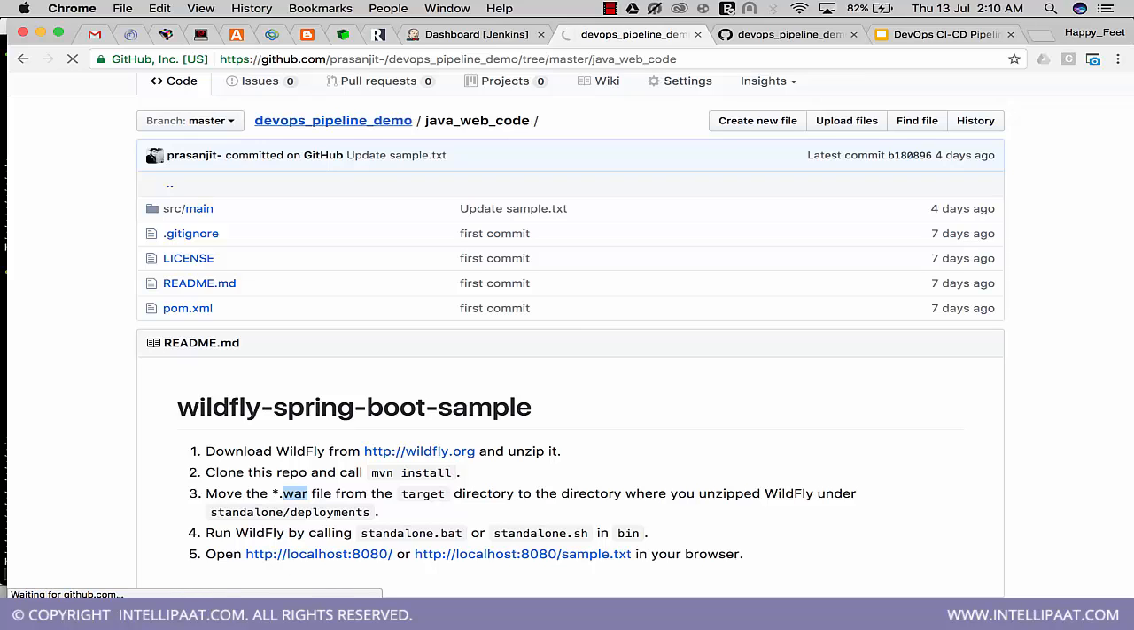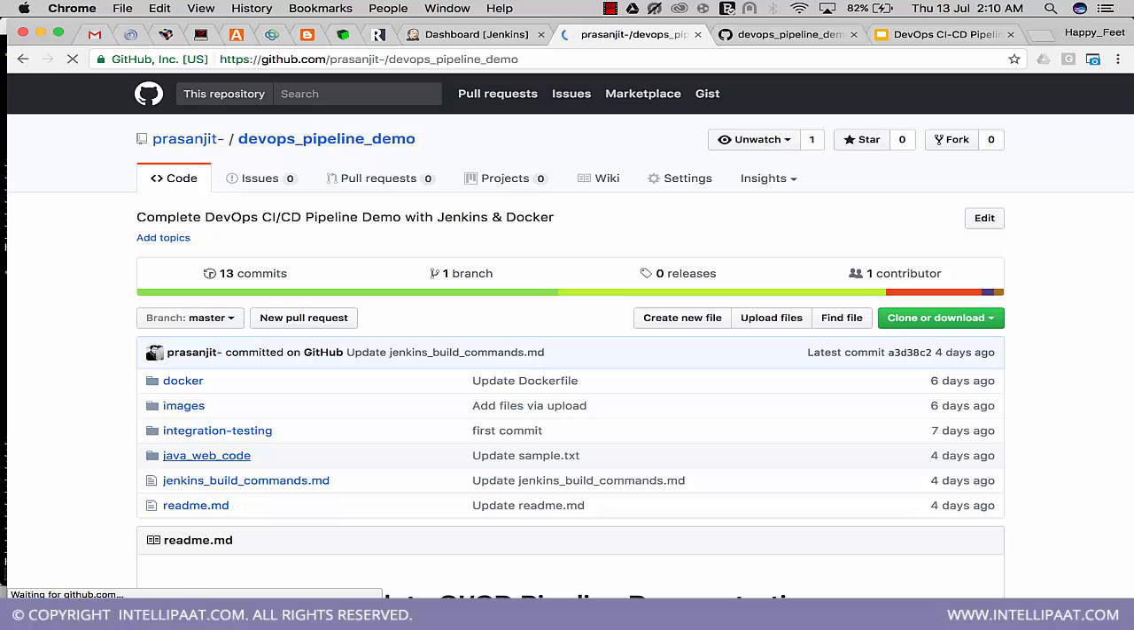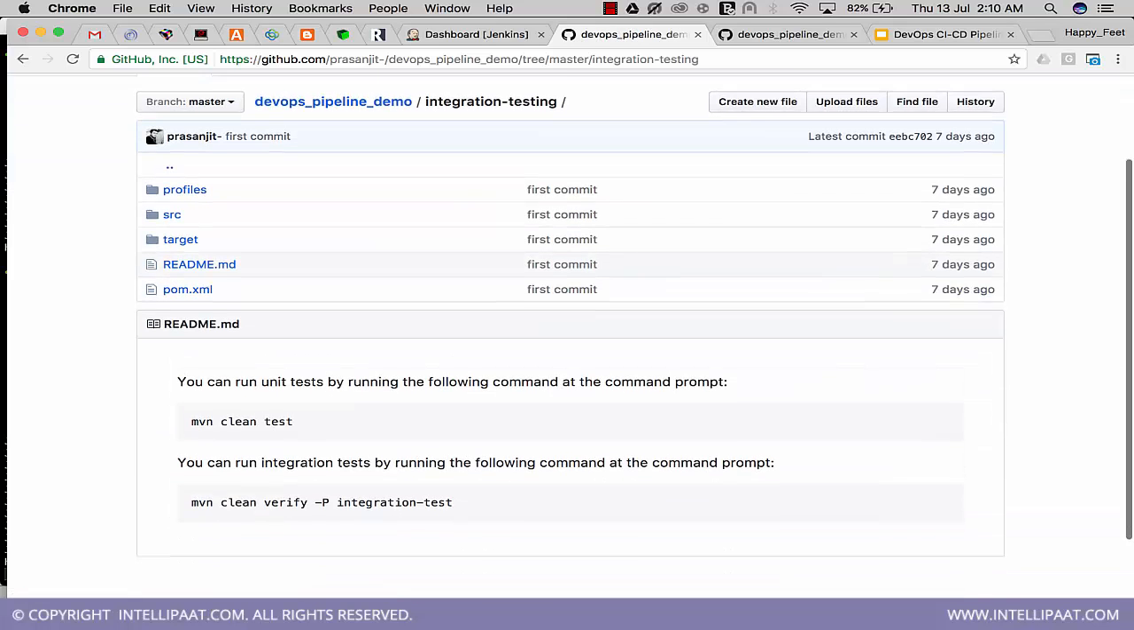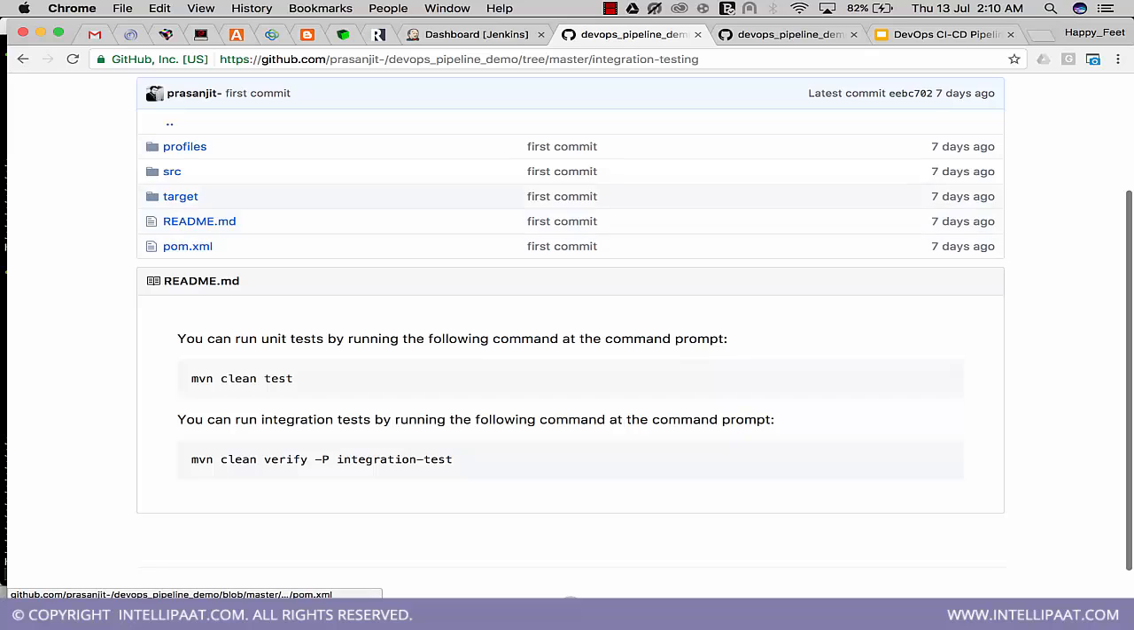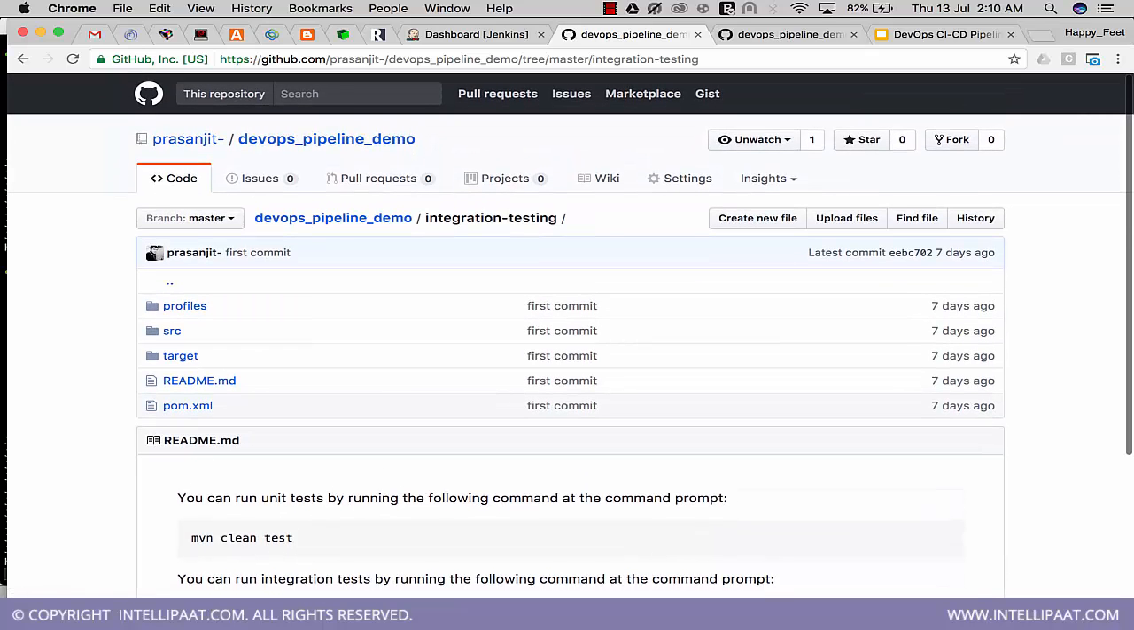I'll show you how. So first we have this Java web code given by the development team. Then we have the integration testing code, this folder. This has the test cases. This is given by the QA team. Similarly, it will be run using Maven. When we see a pom.xml file, that means we have a Maven based server, like the builds will be done